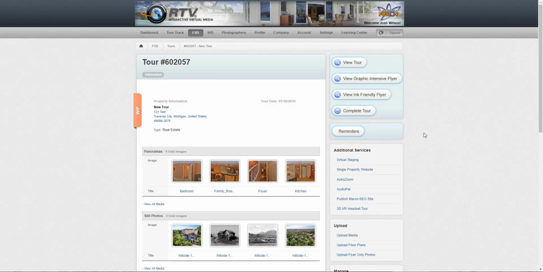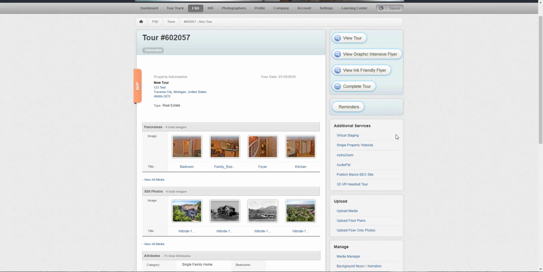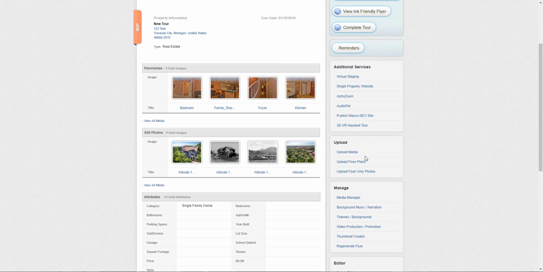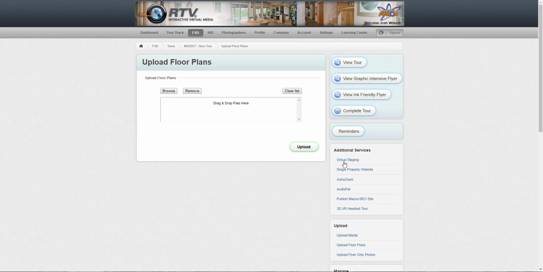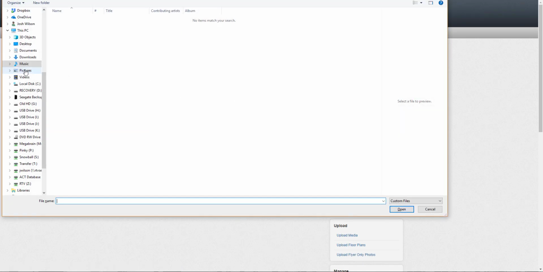In this video, we're going to go over floor plans, how to upload and then add hotspots to them. So when you come into your tour, the floor plans actually have their own uploader. You upload all your media, all your stills, panos, videos, everything in the upload media section to the media manager. Floor plans are one of the things that you upload with their own upload page. So you go under the upload section, upload floor plans, and then you can either browse, go find your floor